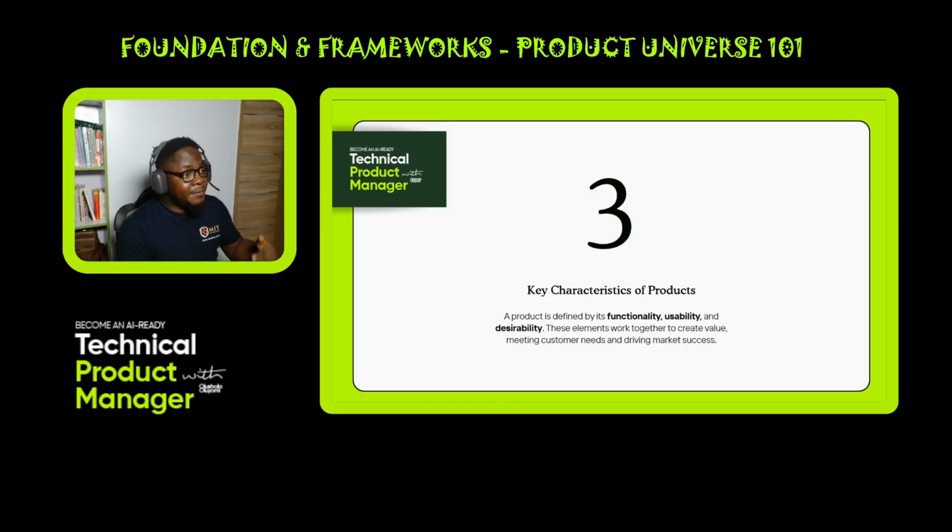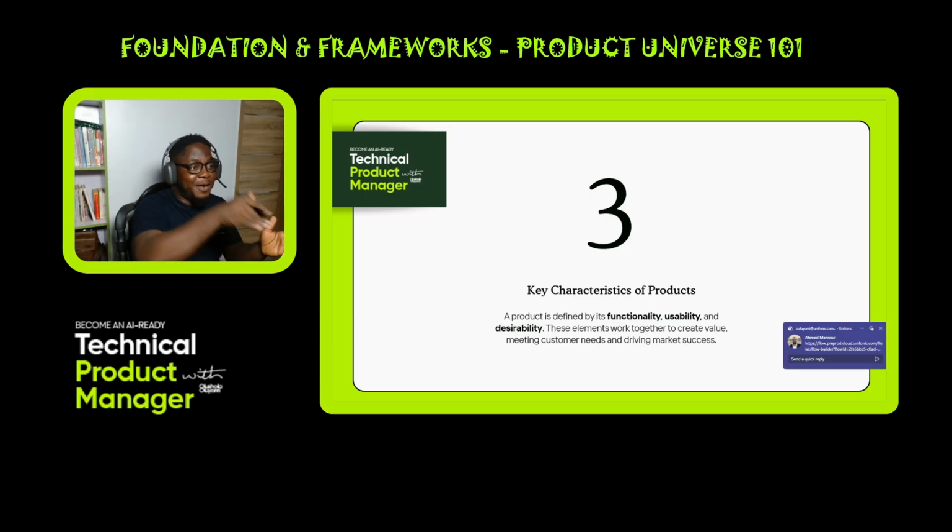I can give examples upon examples for those of us that knew the early days of websites, right? They were just tables, TD, TR. When you open a website, it is designed like a table. You can basically count the tables in the website because that was the only technology available as at then. And then CSS came. I don't want to go very technical. Websites started having colors, right? It started having images. In those days, if you put an image in your website, the image might go down.